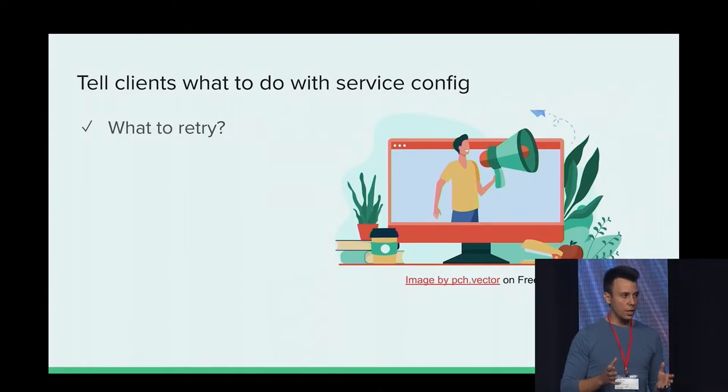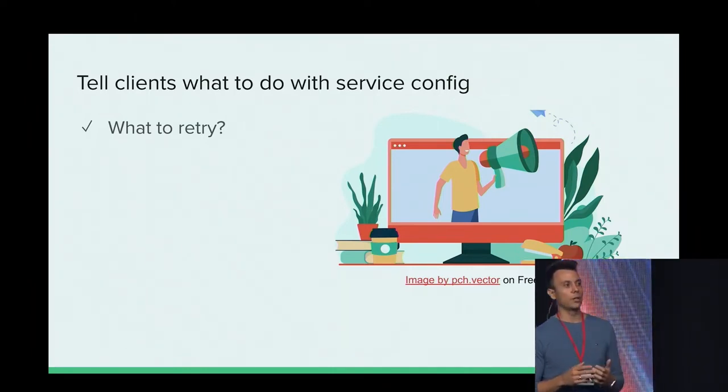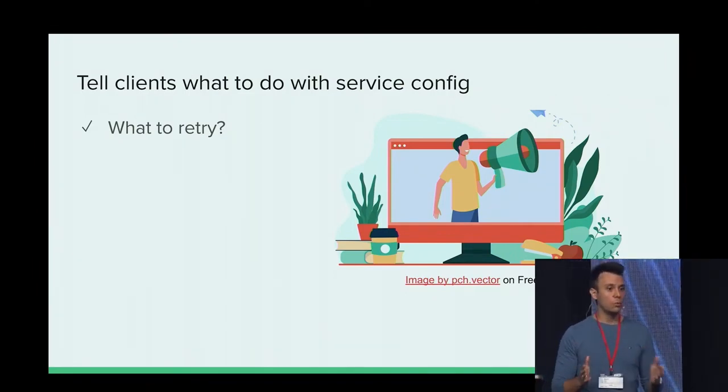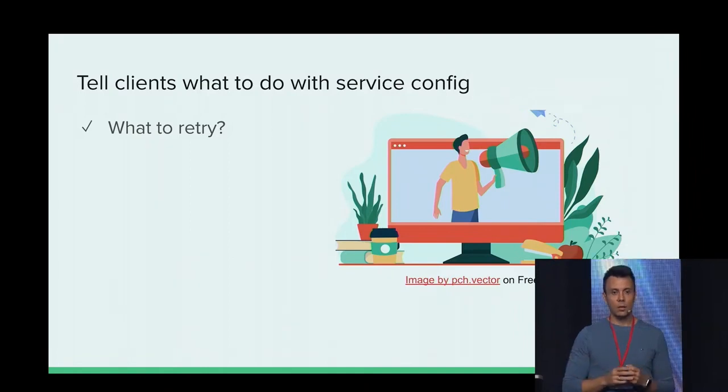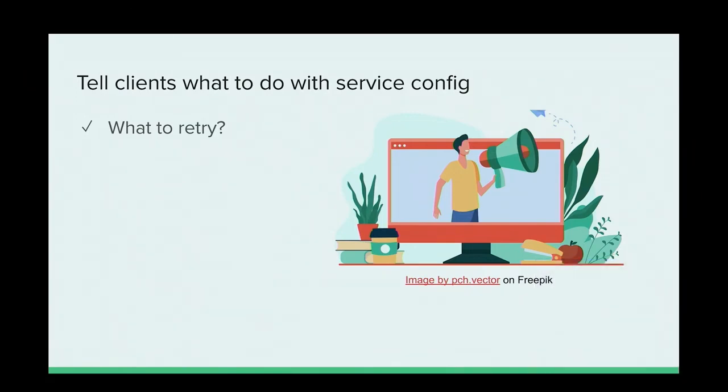So any standard gRPC client can understand the service config and will honor it and will know, without somebody banging on my door, that not found errors for this particular service should be retried. And maybe internal errors, which is like a 500 equivalent, should not be retried, or should be retried. It really depends on the case. And we have the mechanism, we have empowered service owners to broadcast that to clients.